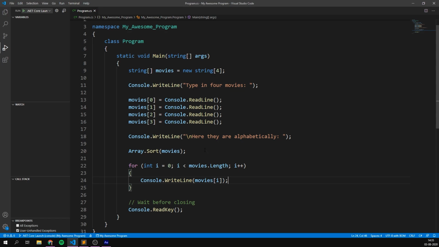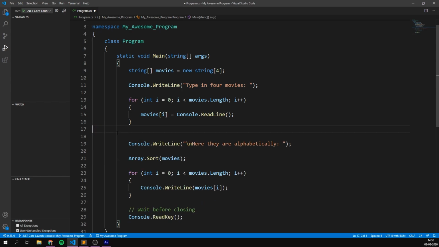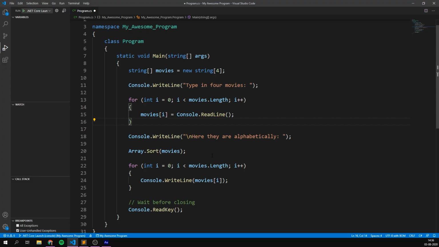And before we test this, I just want to clean up our code a tiny bit, because just like we're using a for loop down here in order to print out all of our movies, let's also use a for loop up here when we're gathering input. There's really no reason why we should do this one by one. So instead of writing these 4 lines here, we can simply use a for loop. Again, start the index at 0, keep going as long as i is less than movies.length. And then we can take one of these lines here, and instead of putting in 0, 1, 2, or 3, we just put in the i. That means that we can get rid of all these lines right here, which is much cleaner, especially if you're working with a huge amount of items.